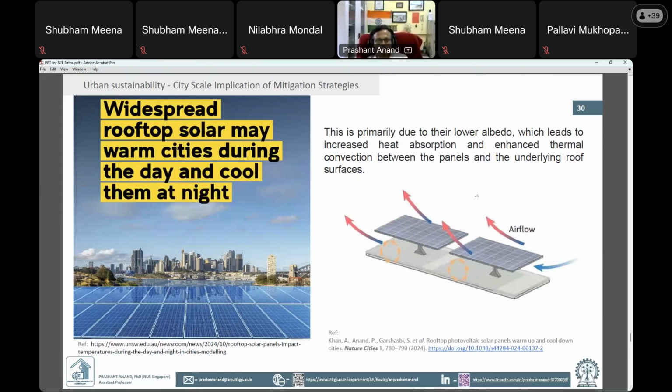Earlier for the rooftop, what we preferred is that it should have high albedo so that it reflects heat back to the environment rather than absorbing it. But in the case of solar PV, what is happening? It is absorbing it, right? So it is trapping heat. So that 80% heat is finally in the surrounding area of this PV, right? And because of that, daytime heating is happening. Up to a 1.5 degrees Celsius temperature increase is happening. So this is